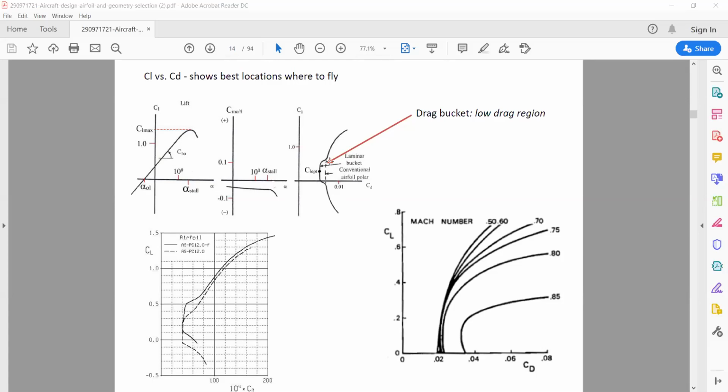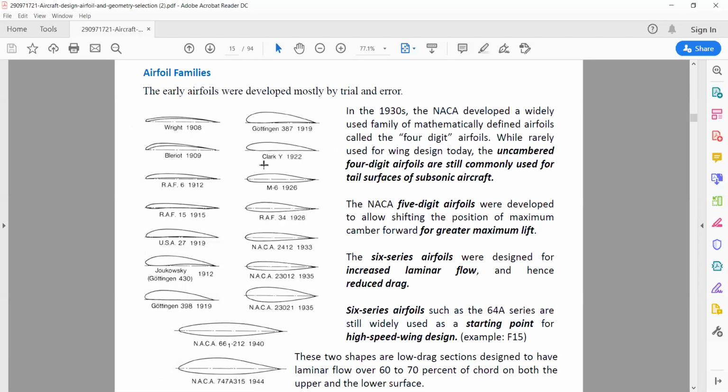Clear? And the CL versus CD according to the Mach number: at higher speeds we do not feel much drag, so in supersonic speed this is not much considered. It's according to that CL versus CD. You can check here. Just to understand, what is this optimal CL? This is the selection of best L by D.